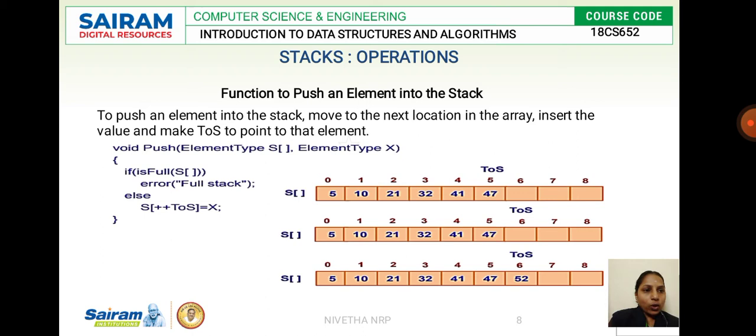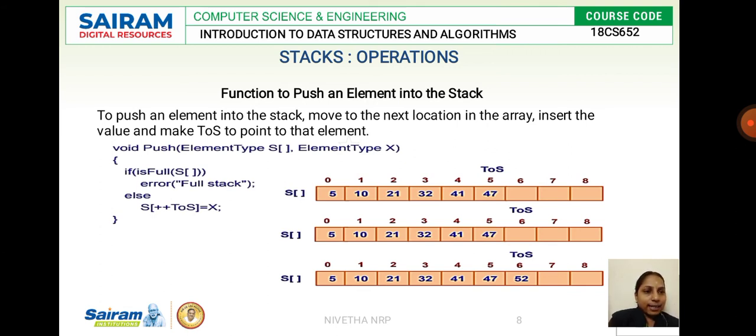Next, this is a code to insert an element in a stack. This is nothing but the push operation. To perform a push operation in a stack, we have the following code. What is the operation we perform? Push. Where are we going to perform it? In the stack S. And what are we going to insert there? Push an element X. X is the element that has to be inserted.